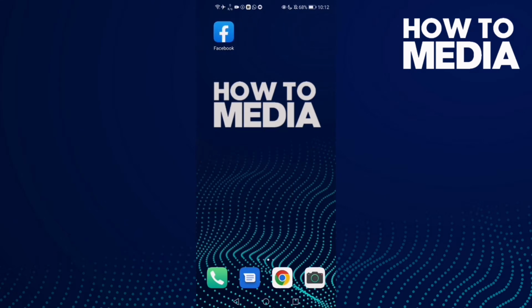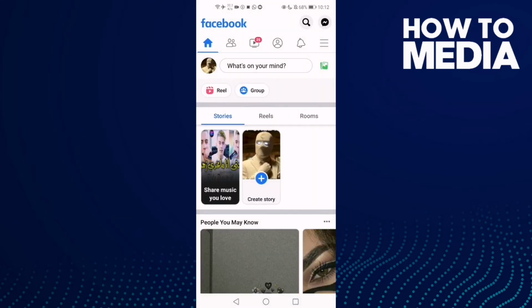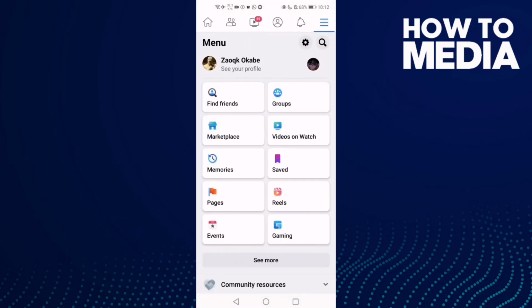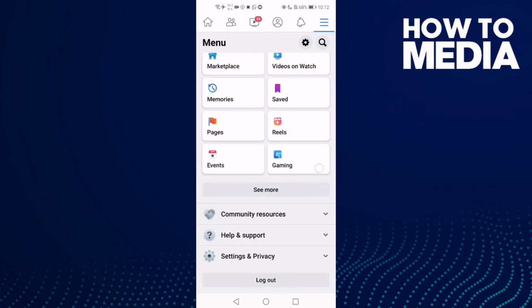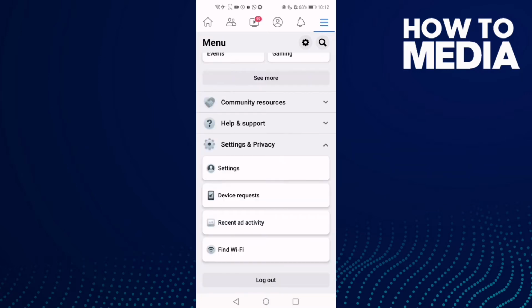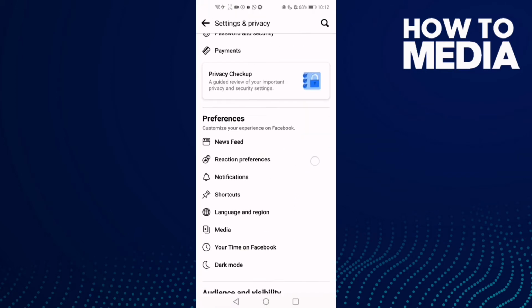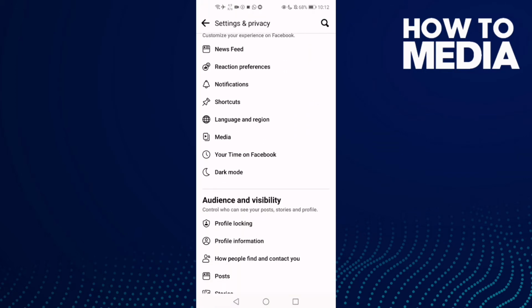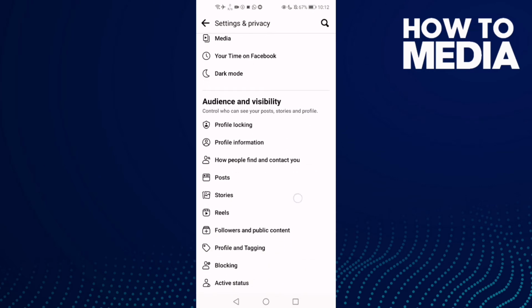First thing I'm gonna do is go to Facebook and then click these three lines here and go down until you find settings and privacy and then click settings, and now just go down until you find